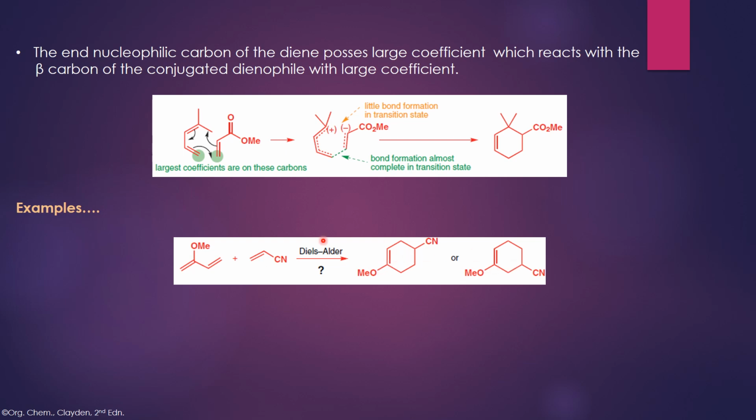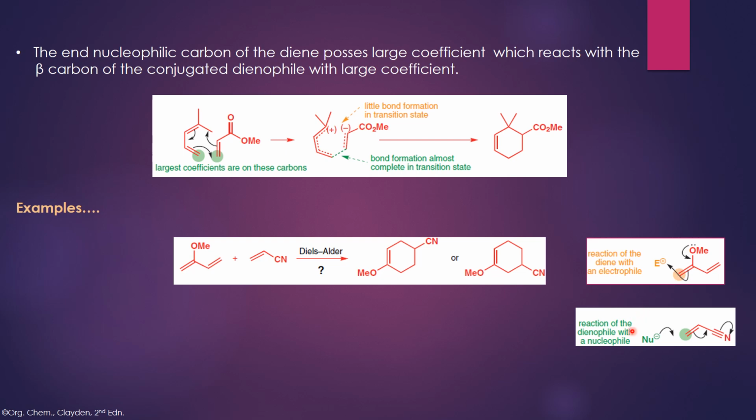So how can we find which is the regioselective product? For that, first we have to take a diene and look at the possible mechanism. In the case of the diene, we know that the methoxy group has oxygen with a lone pair, and this lone pair is donated to this bond, and automatically this double bond shifts to this carbon. And now